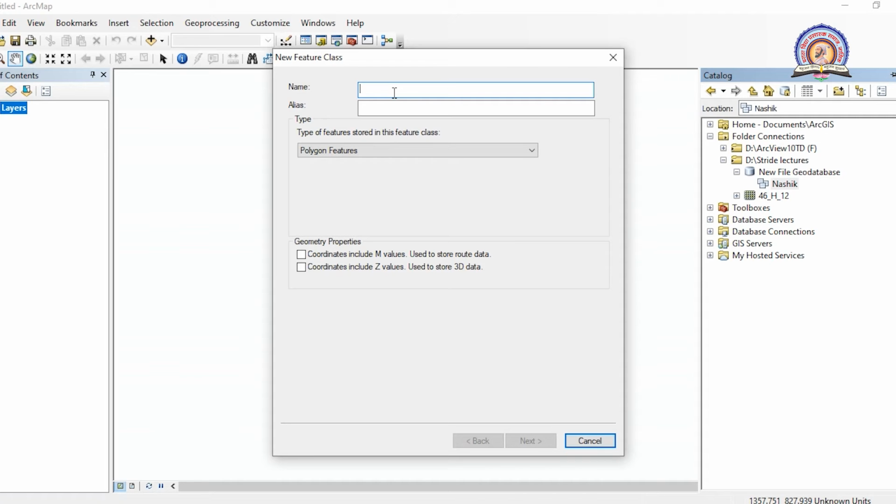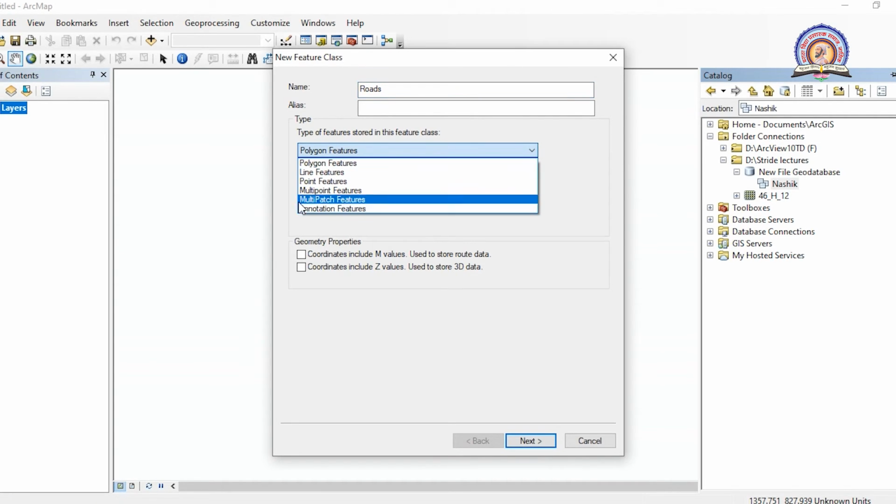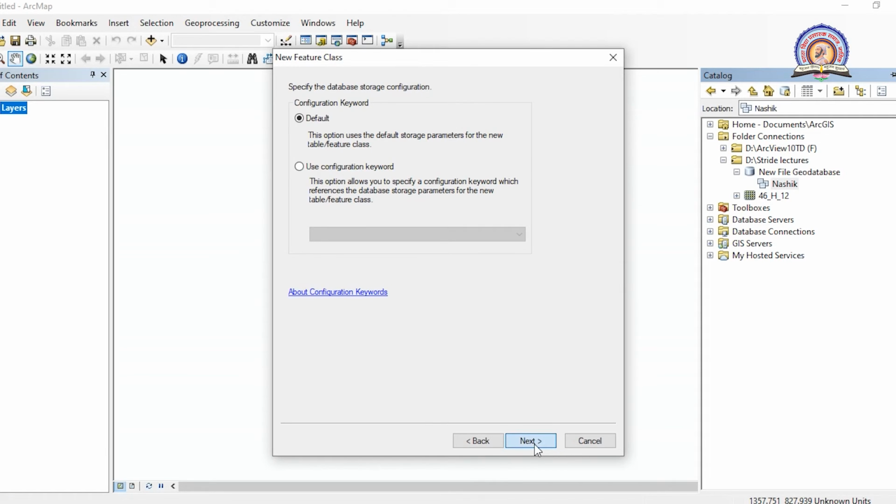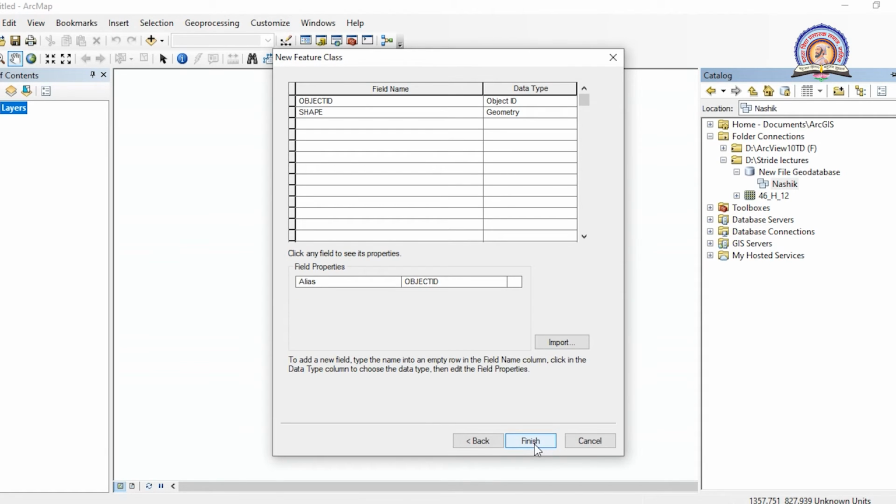So here, first of all, I will like to prepare a layer for our roads. So I will give the name roads. Now as you know, a road is a feature which is made up of a linear aspect. So for that sake, here we have to select a line feature. So road is a line feature, and then we have to click on next, next, and so on.